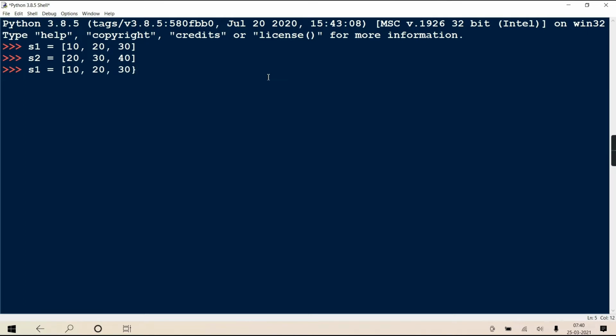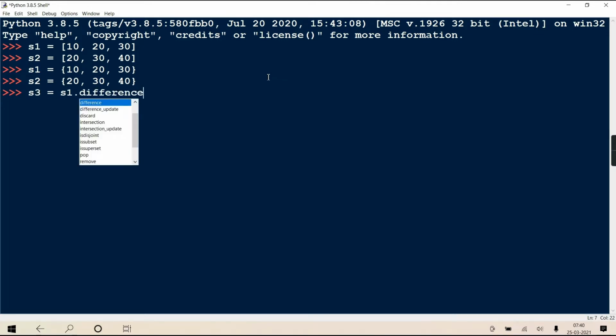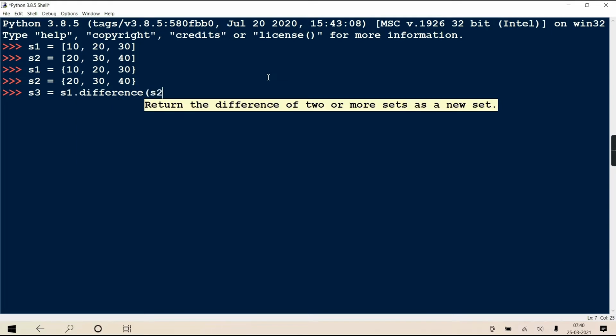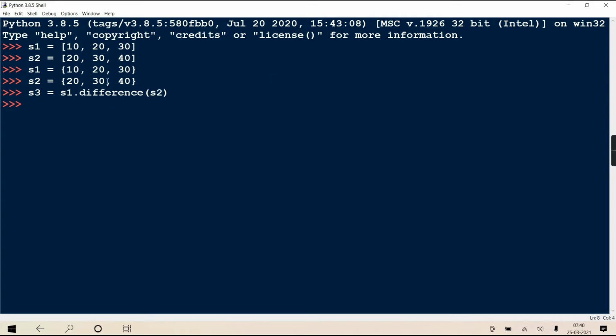I created a list there, because I wrote it in square brackets. I was supposed to create a set. Now it will return all the elements which are present in S1 but not in S2. So only 10 is there. 10 is present in S1 but not in S2.